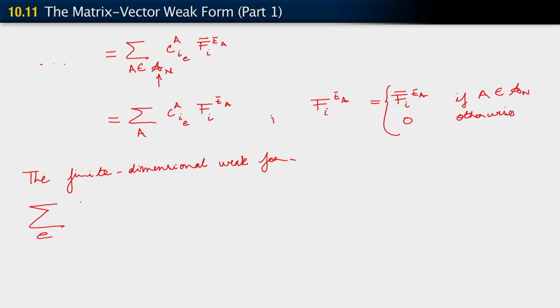We have sum over E, we also have a sum over A comma B, C A E transpose, K A B, D B E. Okay, this is the contribution from the left-hand integral, equals